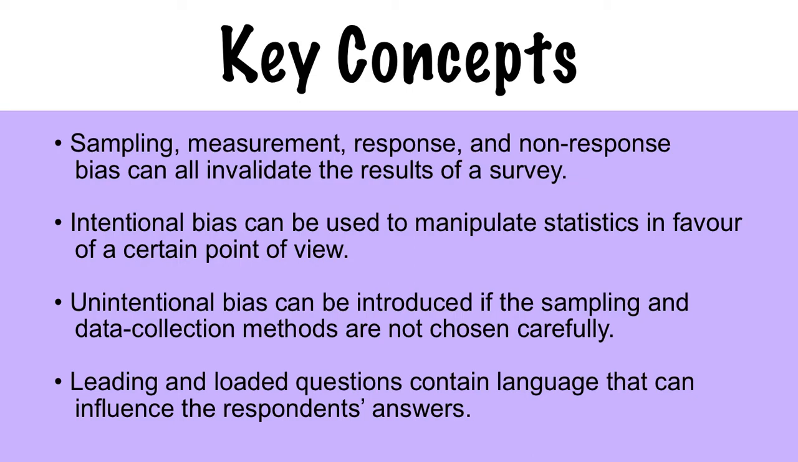So, some of the key concepts: sampling, measurement, response, and non-response bias can all invalidate the results of a survey. Intentional bias can be used to manipulate statistics in favor of a certain point of view. Unintentional bias can be introduced if the sampling and data collection methods are not chosen carefully. And leading and loaded questions contain language that can